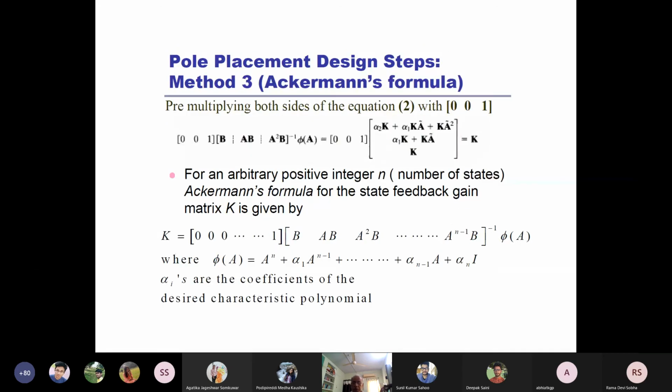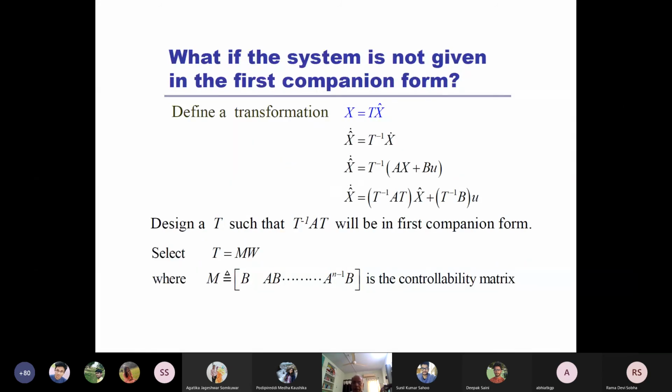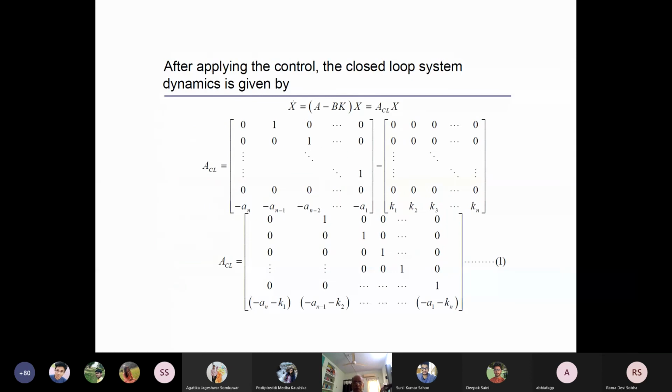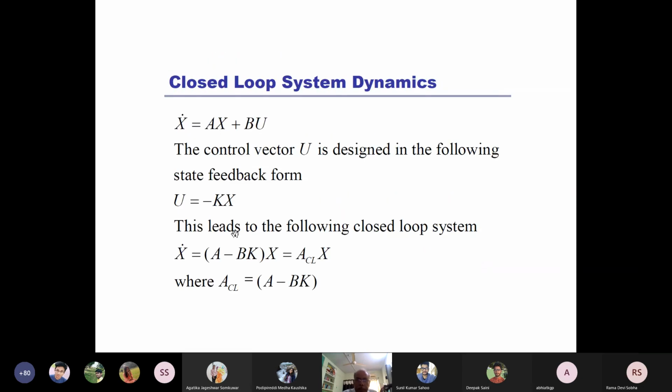That's why the closed loop system, as we have seen over here, is given as A minus BK. The closed loop system we have taken as A minus BK because we have considered only the regulatory system. The servo problem is not there. If the servo problem is there, then there has to be an input for the set point.